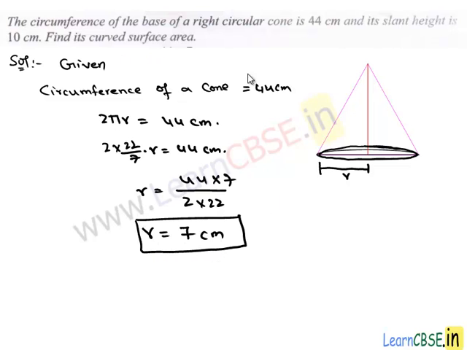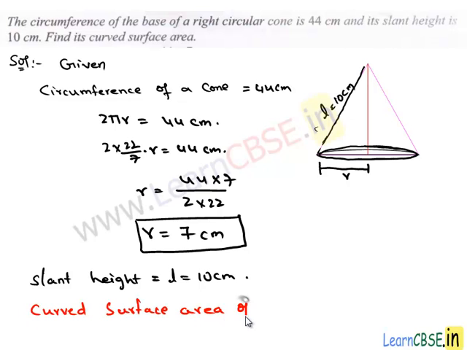We have to find out the curved surface area of this cone. To find this value, we are given the slant height. Here we have the slant height and it is equal to 10 centimeters. And we know that